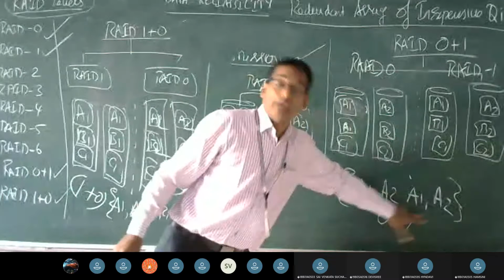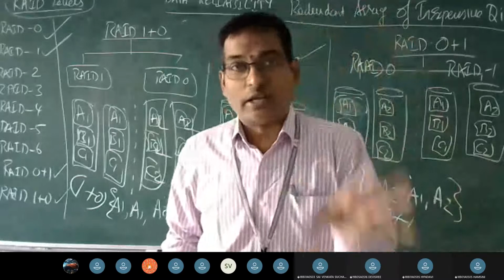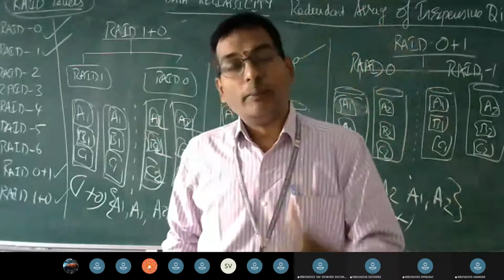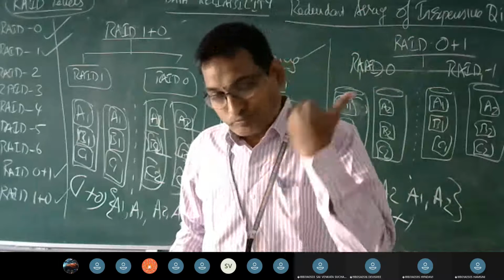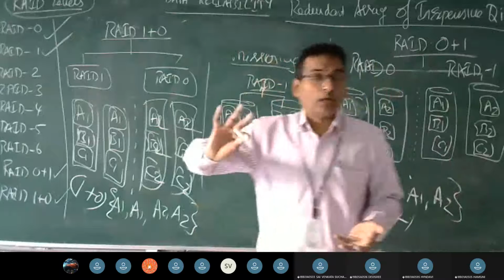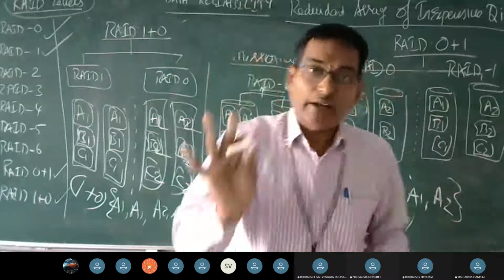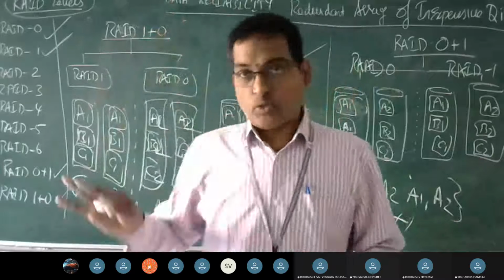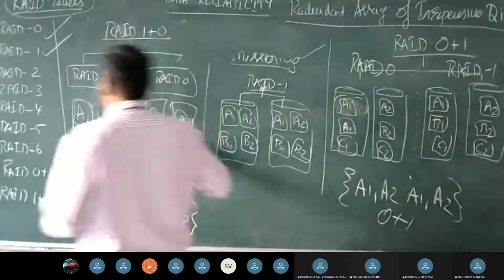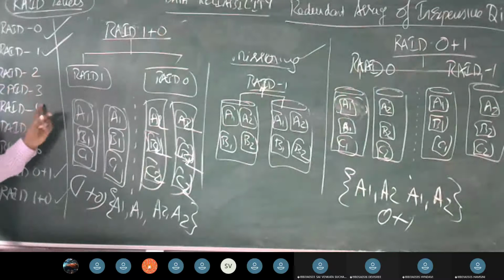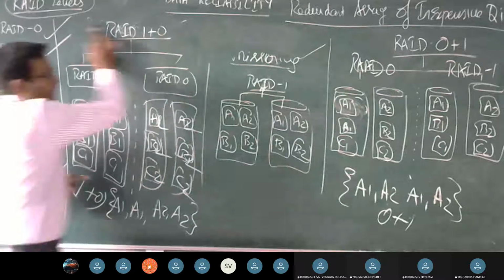So the difference is purely illustrated either for data striping or for data mirroring, right? So these are the 4 items associated with RAID 0, RAID 1, RAID 0 plus 1 and RAID 1 plus 0. Okay, fine. After that, we have to take up RAID levels 2, 3, 4, 5 and 6 in detail.